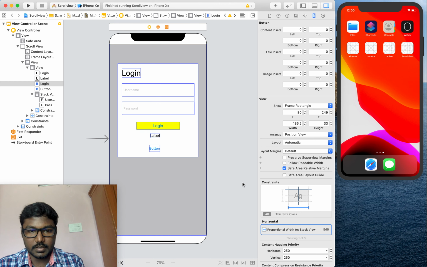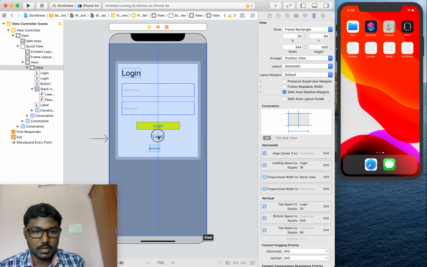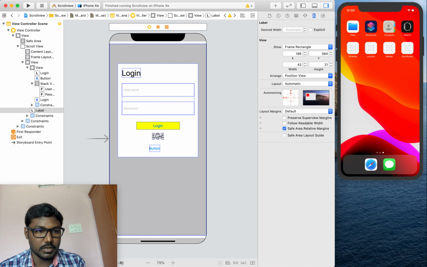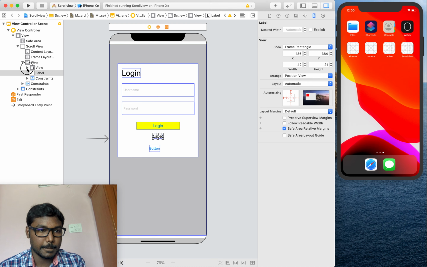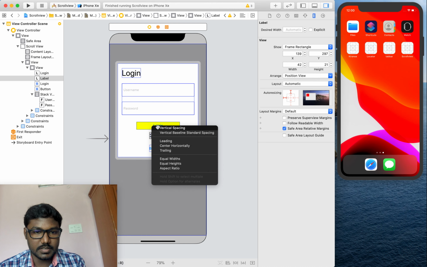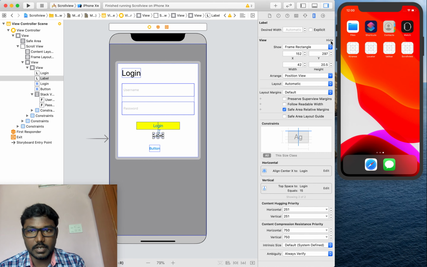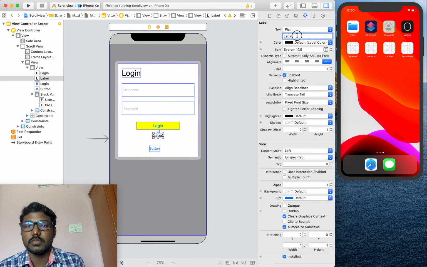We can set it like this, and also we can add a label. This label, we can set the vertical space. Likewise we can set that, and we can set some title like